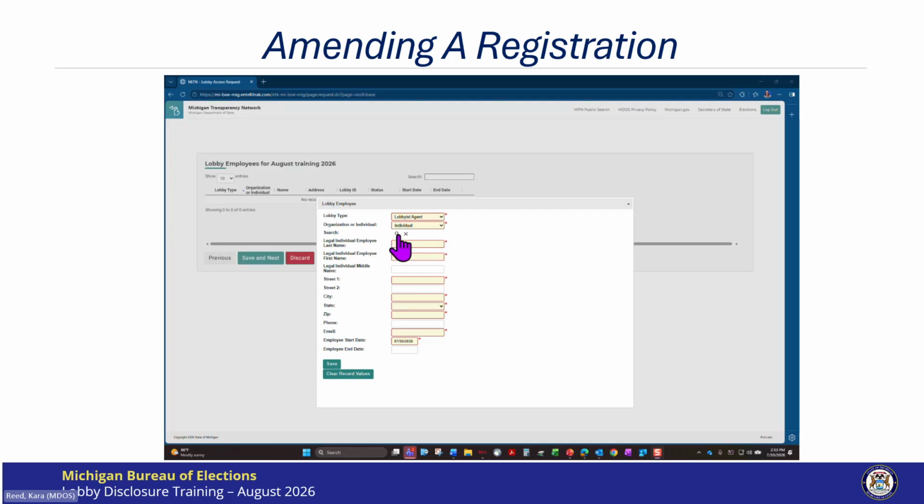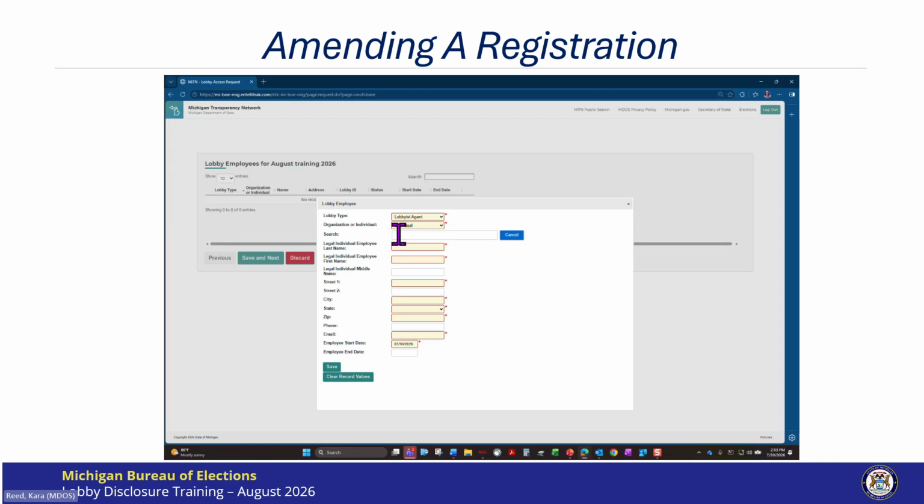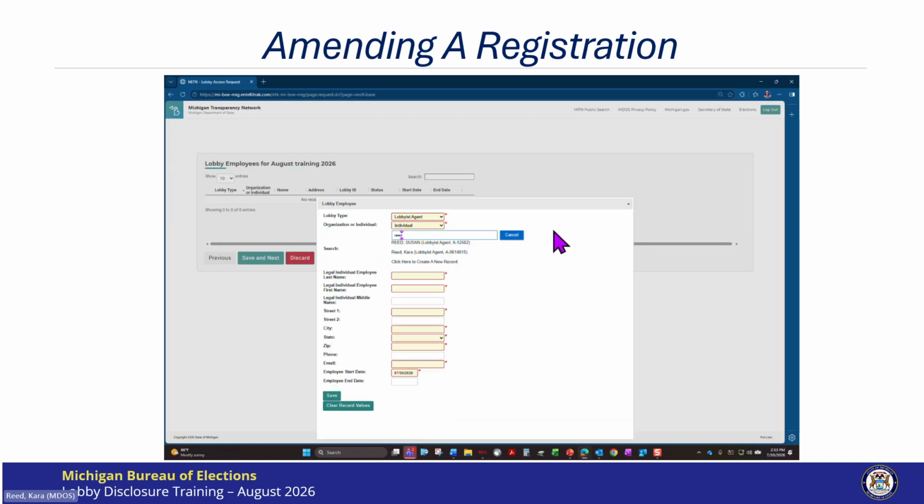I will click the magnifying glass and start typing the name of the individual. If the name appears, I will select this, review the information, and click Save. All of the required fields must be completed or you cannot save the employee record.